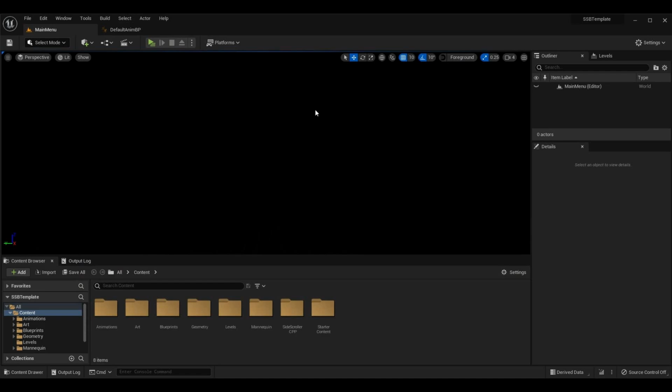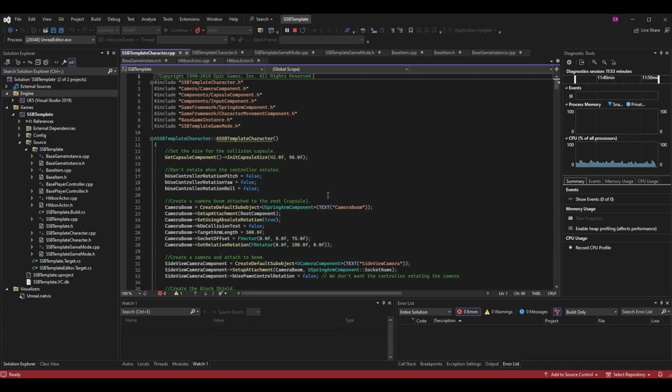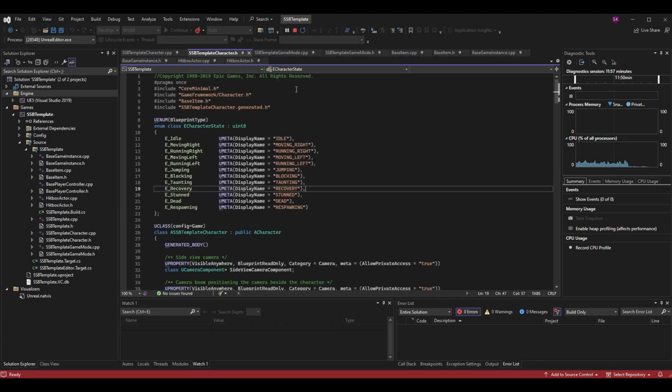So this is a code and blueprint tutorial today, and we're going to go to the code. So this is my SSB template character.cpp and .h. These are the files that we need to be working in today. The first thing we want to do is go to the SSB template character.h, and we want to go to